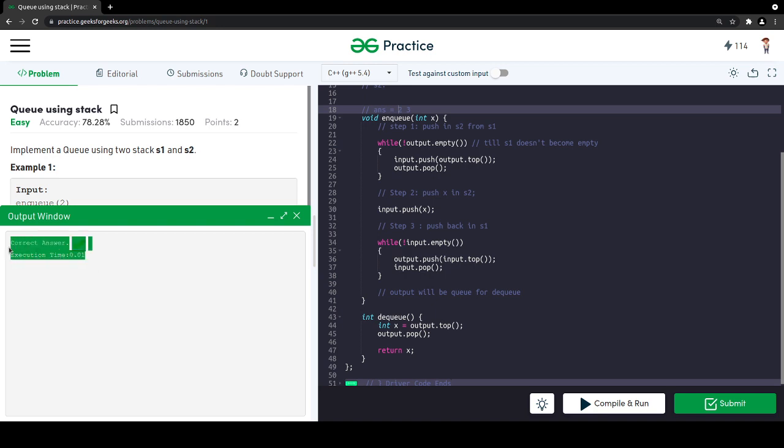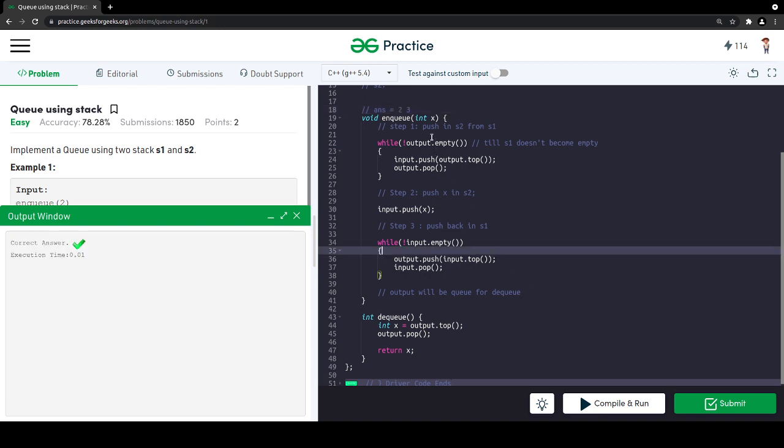So now let us calculate the time complexity for NQ. Since we are pushing each element of S1 to S2 and then S2 to S1, it is going to take O(n) time, right? For example, there are n elements in S1, then we have to push n elements in S2 and then push back S2 to S1. So it will be of an order of 2n, right?